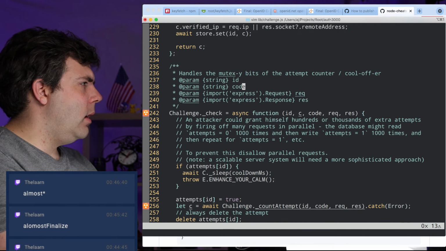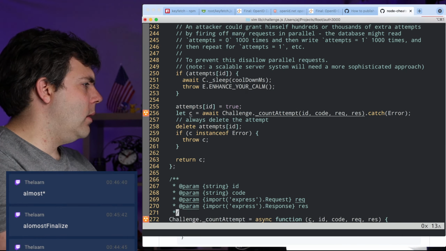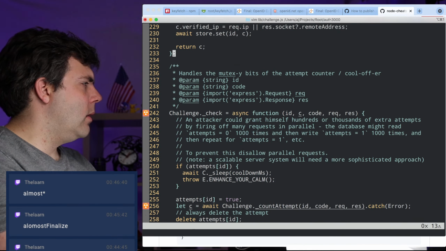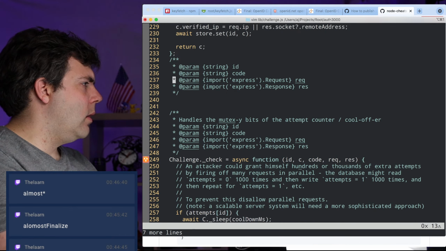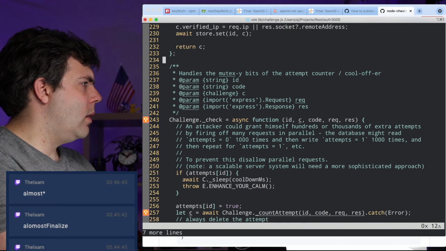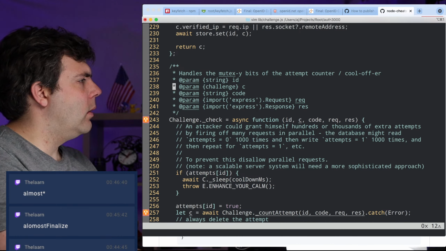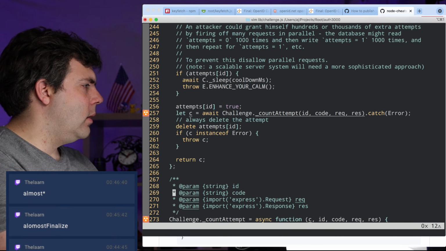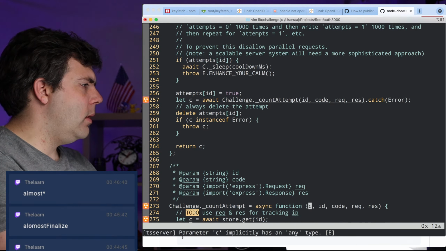And we got ID, code, C, req, res. Alrighty. ID, C, code, req, res. Probably should swap this so it follows the same format as everything else.